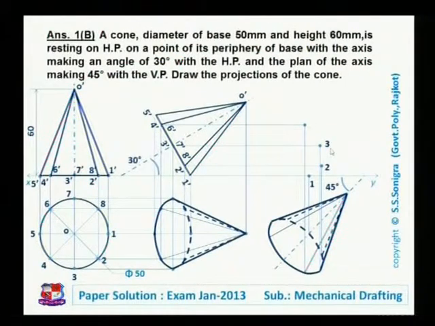Similarly, point number 4 would be here by drawing horizontal line from point 4 and vertical line from point 4. Then point number 5 would be here, vertical line from point 5 and horizontal line from point 5. This is point number 5. Similarly, point number 6 could be found by drawing vertical line from point 6 and horizontal line from point 6. Now horizontal line from point 7 and vertical line from point 7. This is point number 7 and this is point number 8, like this. So 1, 2, 3, 4, 5, 6, 7, 8. 8 points are there that we have shown over here.